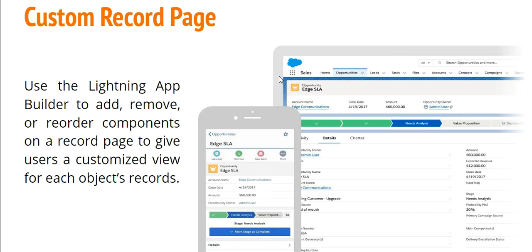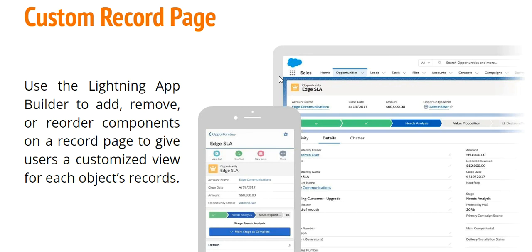A record page is a combination of fields showing the value of that field, so that we can check the details of any record. We can check the field value, and we can directly edit or update the value from the record page. So we have a facility to edit the records on the record page.